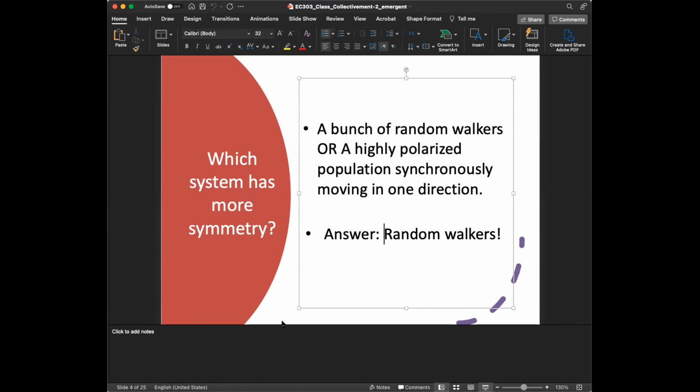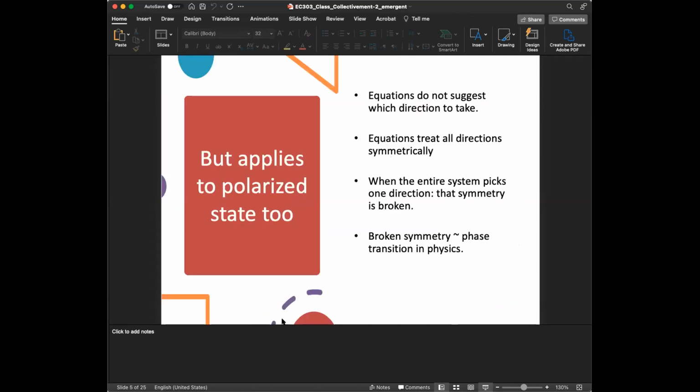But if everybody now starts following this local alignment rule, at the population level they may all choose to go in one direction, and in the example I had shown, it was the positive y direction. So what that means is that the population as a whole has broken one symmetry that was present before the interactions were introduced. And whenever you see a broken symmetry, one can think that some sort of a pattern has emerged in the system.